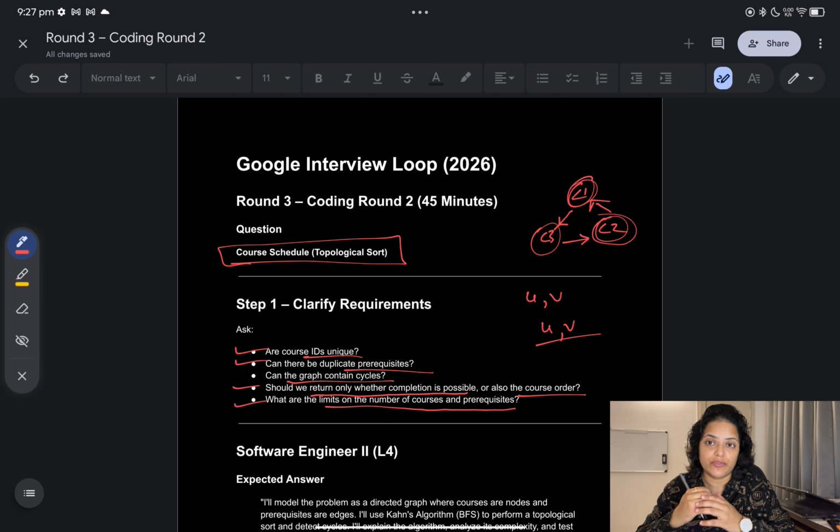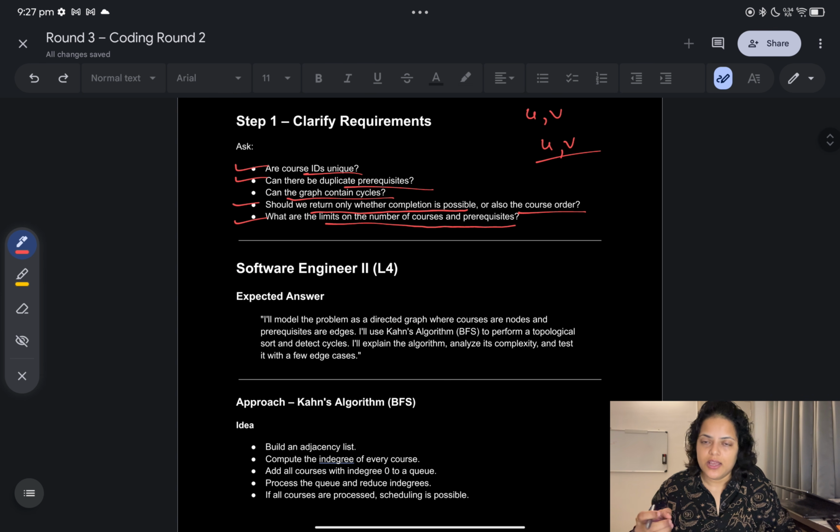Now let's say someone updates some courses. Then we will not let the complete graph get changed. We will just update the affected part of the graph, and you do not need to rebuild the entire graph. This is how we handle this kind of situation. Now, what will L4 say? Software engineer 2 in Google. We will be seeing answers based on L4, L5 and L6 rounds. So what L4 would be answering, his expected answer would be: